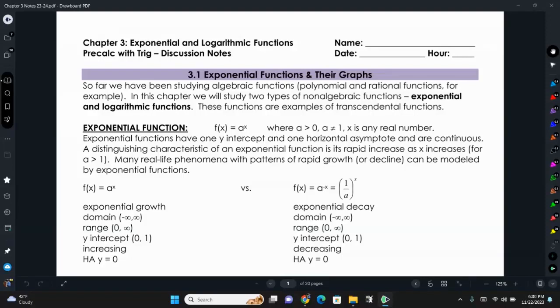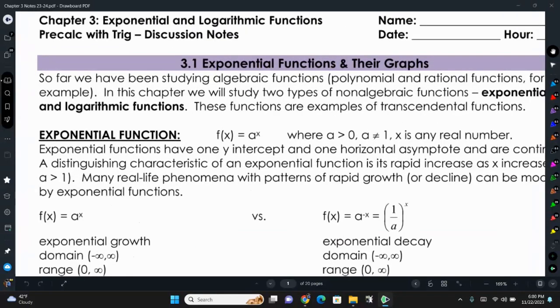Chapter 3 is all about exponential and logarithmic functions. And we've touched base on those in our class last year. So, as with the previous two chapters, we're going to touch base on what we talked about in previous years and then go a step further. So exponential functions are written in the most basic form, f of x equals a to the x